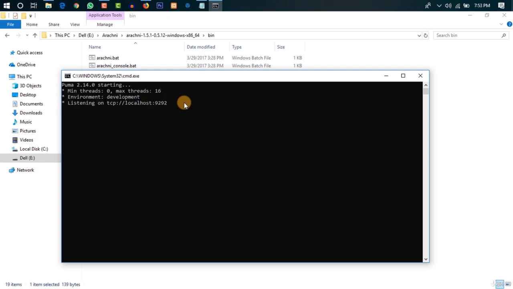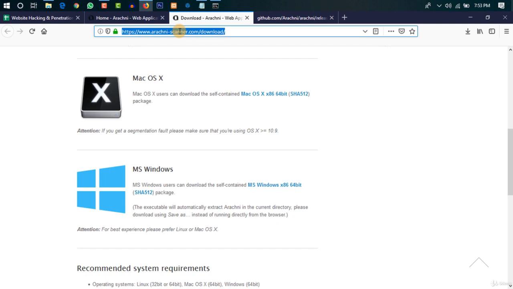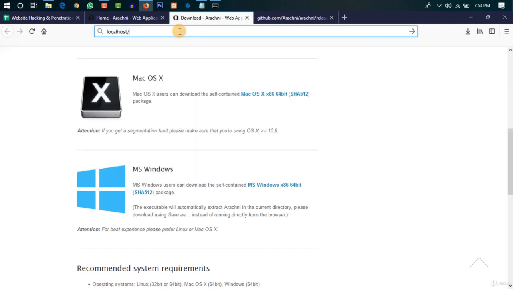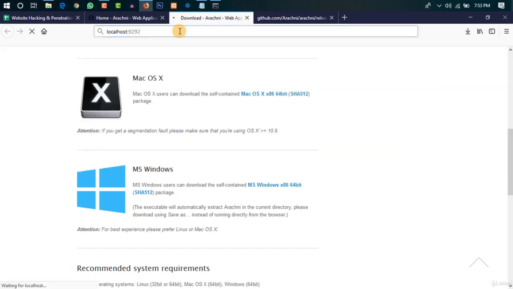And as I said, it is here, 9292. So Arachne still works on 9292. It's listening on the TCP localhost, so you can simply open your browser and go there. Right, so let's try that. Localhost, and then a colon symbol, and the port, 9292. You go over there,